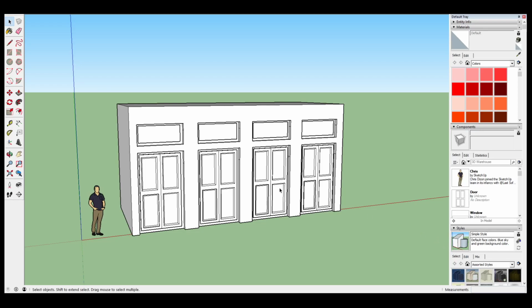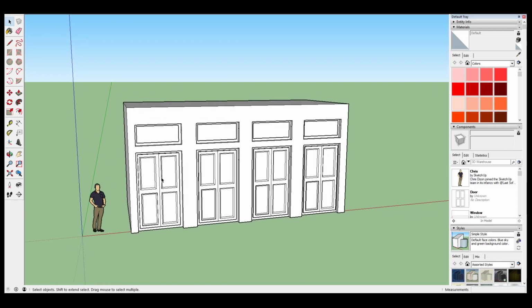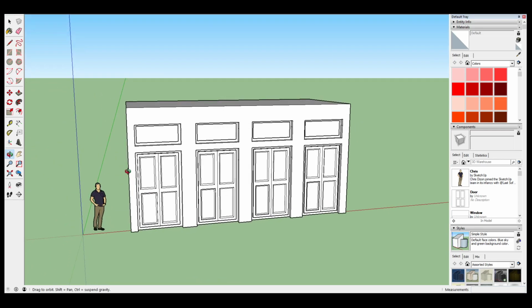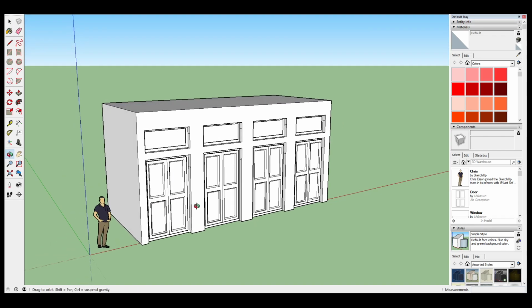Alright, in today's lesson we are going to look at a feature of SketchUp which allows us to edit multiple objects efficiently. We can see here this is the outside of the school dining room, and we've got 4 doors here. It would be quite time consuming for us to design each individual door, and a quicker way would obviously be to make one door and